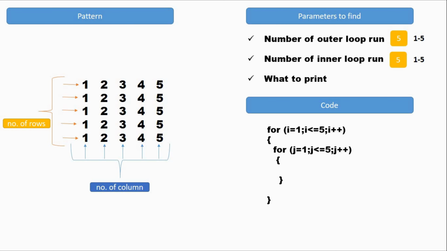So we are going to print our inner loop variable here because our values are changing on the basis of column. So we will print the value of j here, and our print statement will come like this: System.out.print(j), and in between our inner and outer loop we will give a new line statement like System.out.println. So this will be our approach and code snippet to print this pattern. I think this is enough theory to understand the logic. Let's start the practical of this approach.